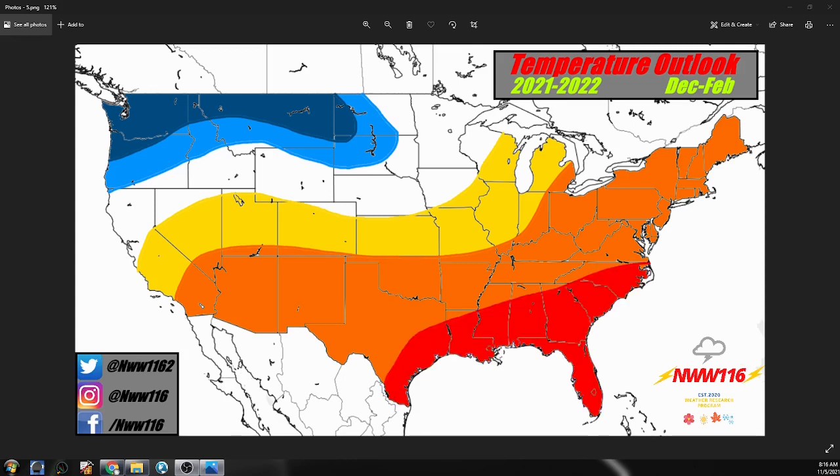All right, so now we're taking a look here at the final shade in terms of the temperatures that are above average. We are expecting well above average temperatures for bits of the southeast. This does include bits of eastern Texas, moving all the way up into pretty much coastal North Carolina. We are very confident that we're going to see above average temperatures across this region, in which, honestly, this could limit some snowfall down the line, which we'll see in that snowfall outlook that we're going to be taking a look at here at the end of the video.